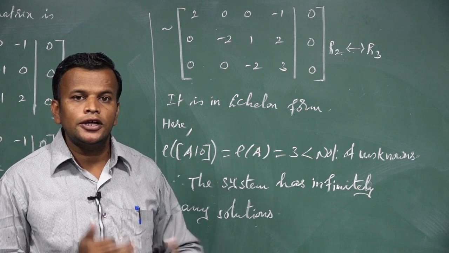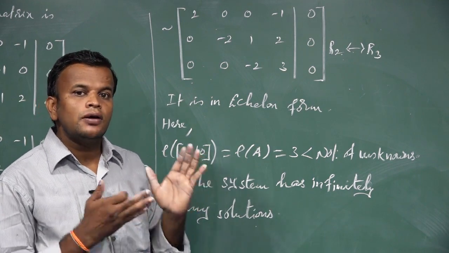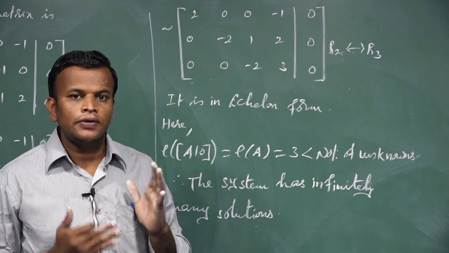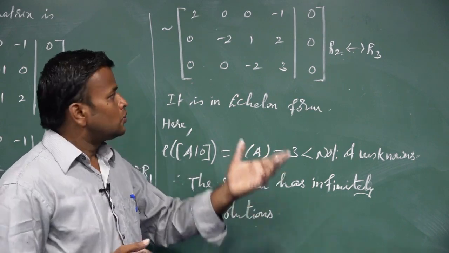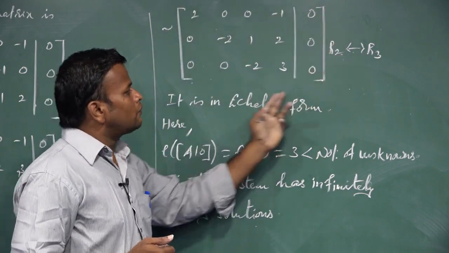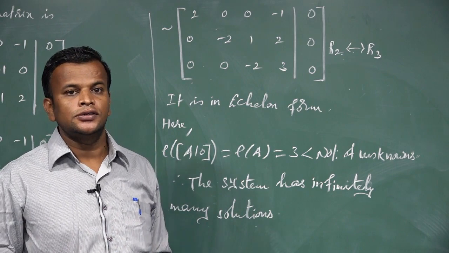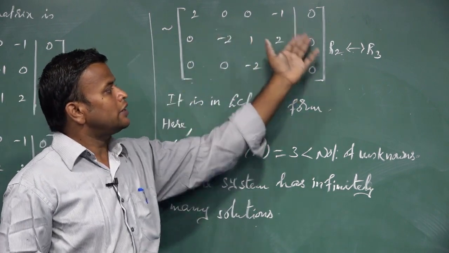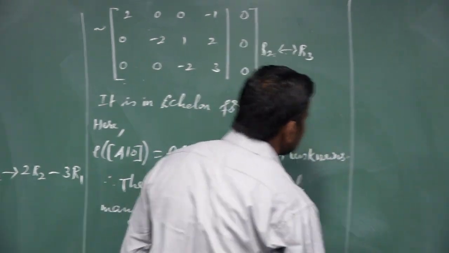Next, we find the solution. What is the next step? We use the Gaussian elimination method. Do you identify the Gaussian elimination method? Do you remember? Next, we convert the echelon form of the matrix into the system of equations. So we concluded it is in the system of equations. So we write